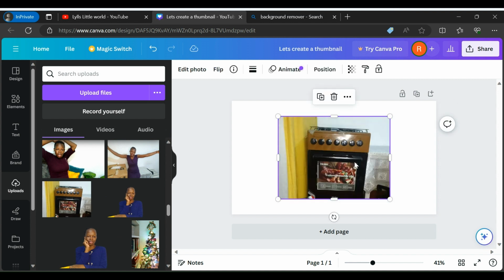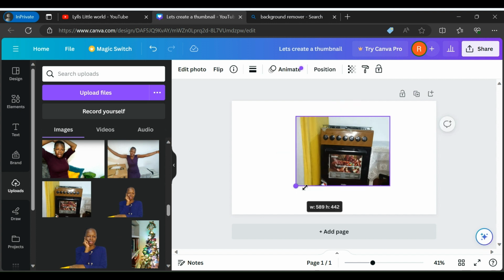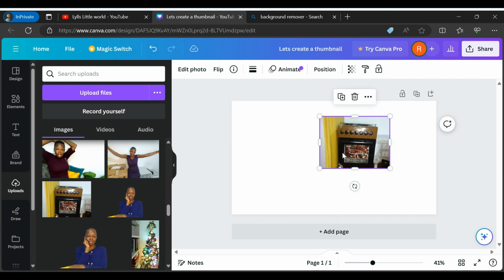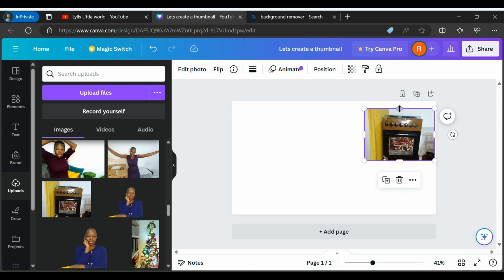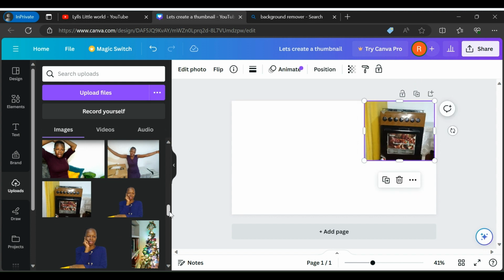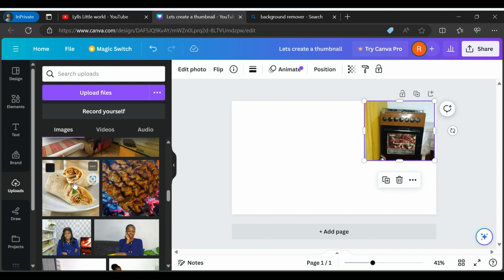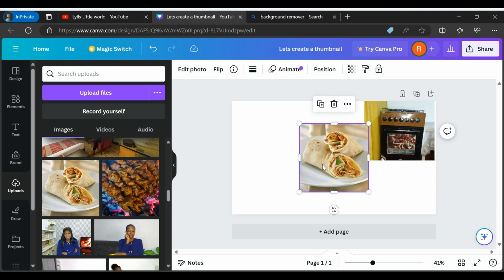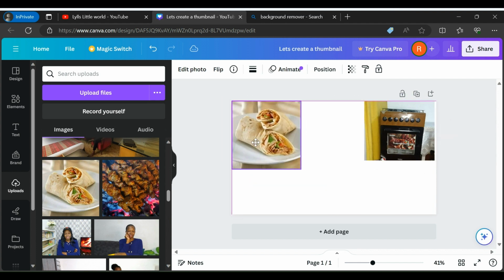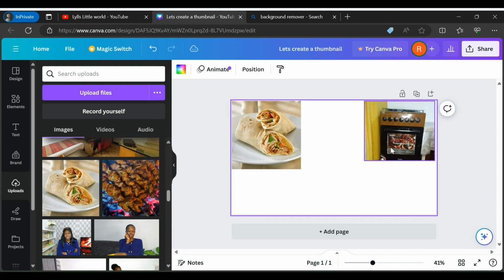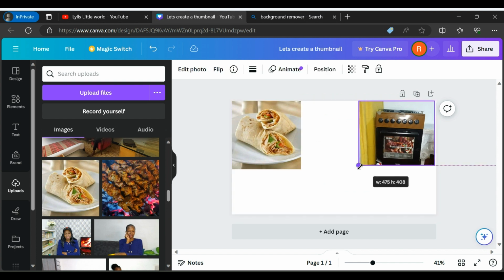So let's pick this one. You can still put this one here. Then we also cooked. If we also cooked, we can put this here. So it will show different things, but